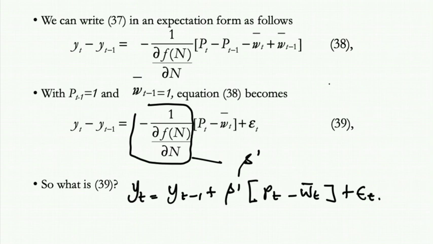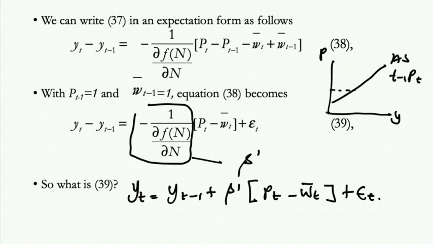Now, if I want to put it in the form of a graph, it may look like this. Y, and then we have P, and aggregate supply is like this. So we have t-1, P(t), but this time you can see the drawing is more or less like the one that we had before, but this time we have a one period wage contract. This one. So this is the aggregate supply curve function when we allow one period wage contracts or a fixed wage rate.